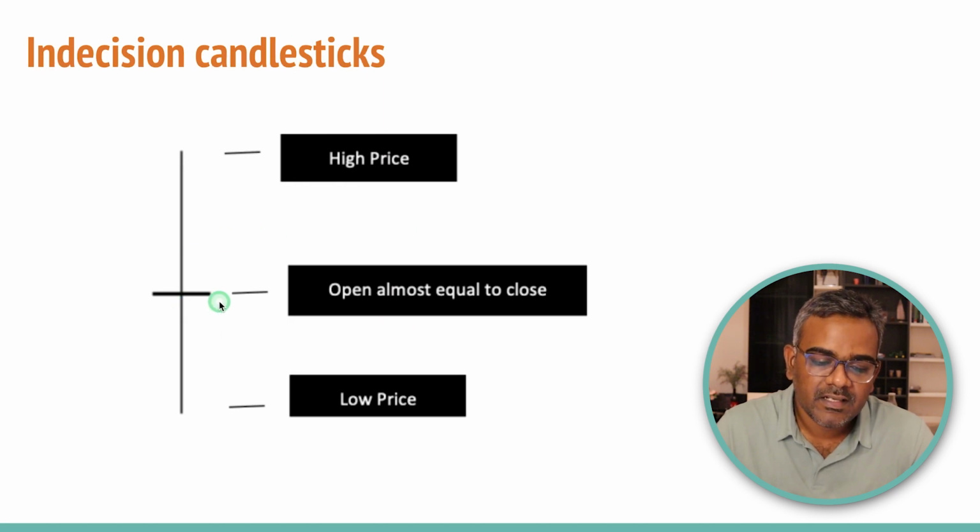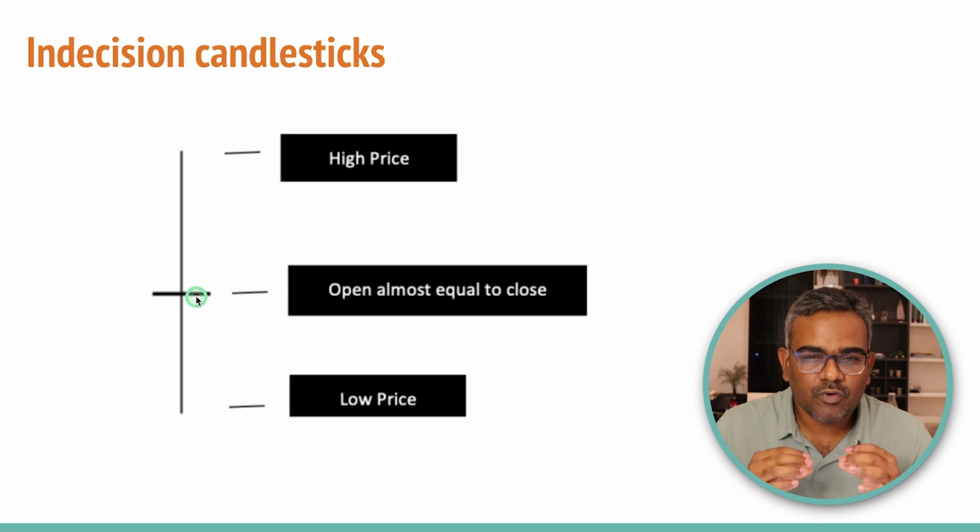Now here, if you see, the price opened around this zone, then during the day it went low, and then it went higher, and then eventually closed on the same level as the open. Now here, the opening and the closing price is almost at the same level, right? Which means that even though the markets had a reaction during the day, the sellers and buyers could not really